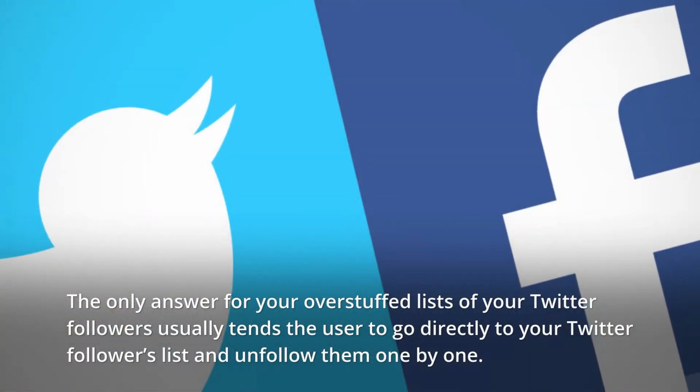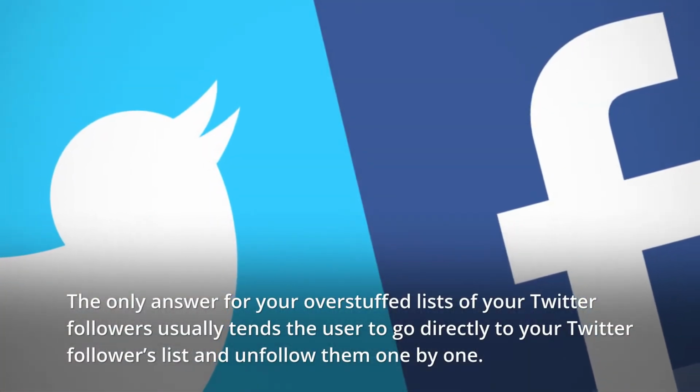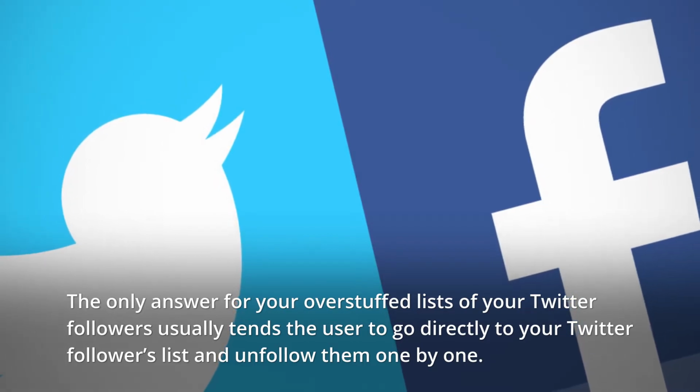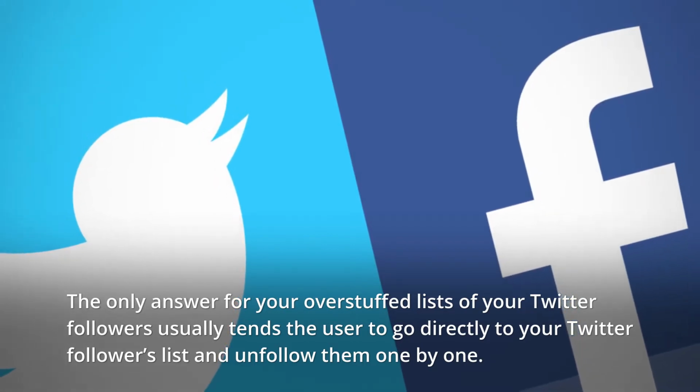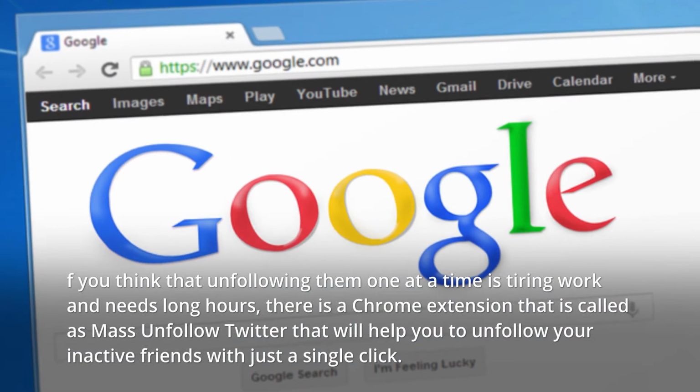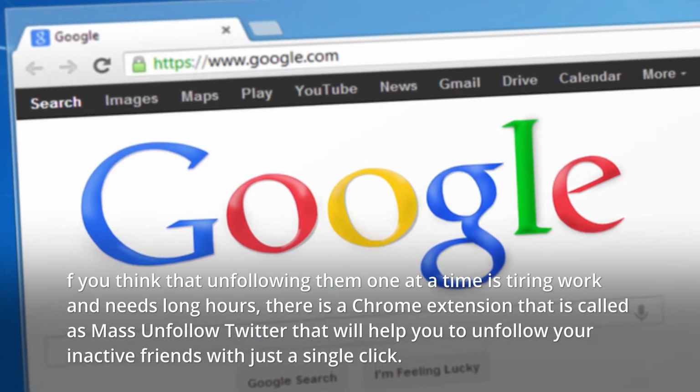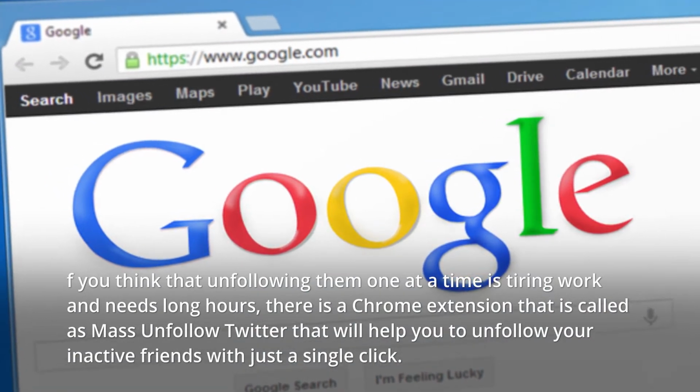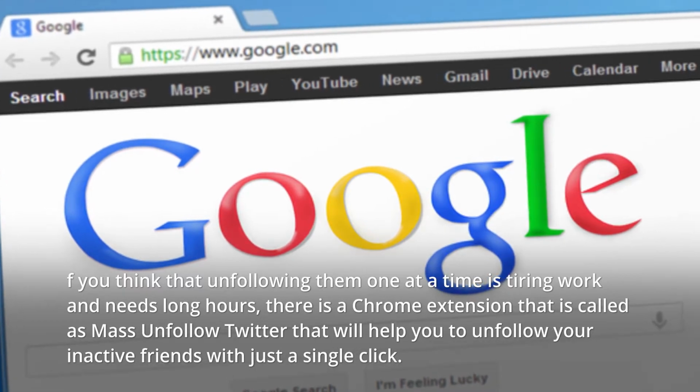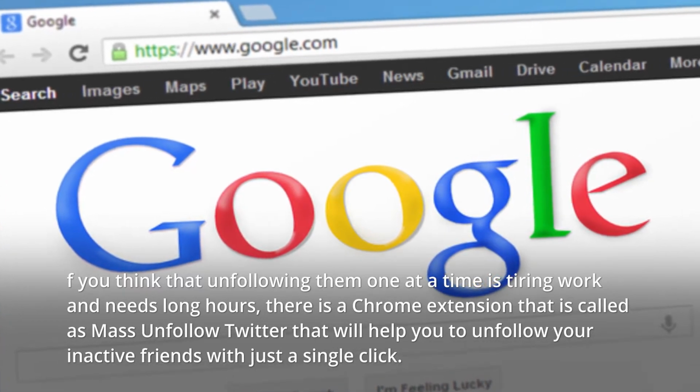The usual answer for overstuffed lists of Twitter followers is to go directly to your Twitter followers list and unfollow them one by one. If you think that unfollowing them one at a time is tiring work and needs long hours, there is a Chrome extension called Mass Unfollow Twitter that will help you to unfollow your inactive friends with just